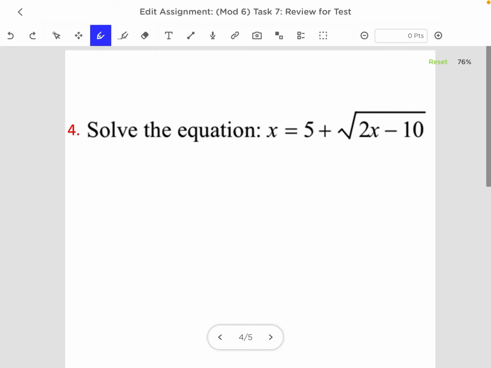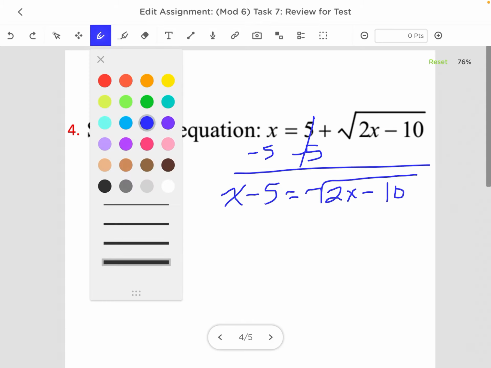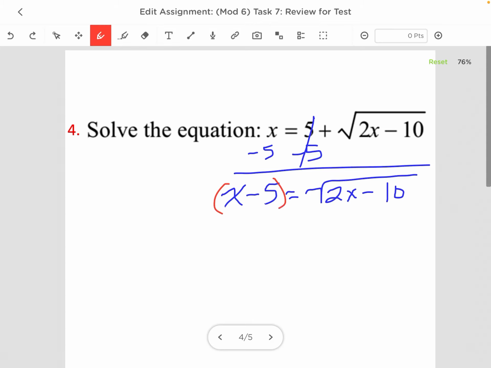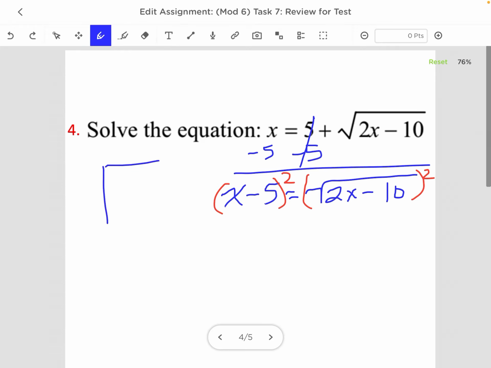So on this one, I've got the square root. I don't want to square until I've got the square root by itself. Now that I have the square root by itself, that's when I want to square. And don't you dare forget that when you square x minus 5, it's going to be x minus 5 times x minus 5, which is going to give me